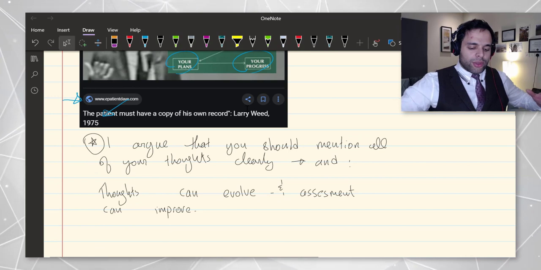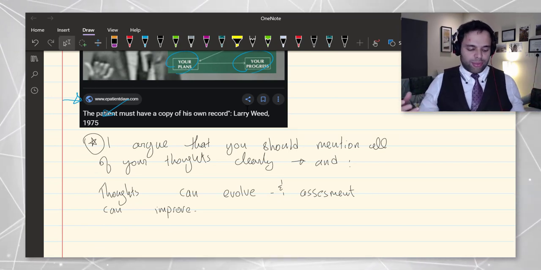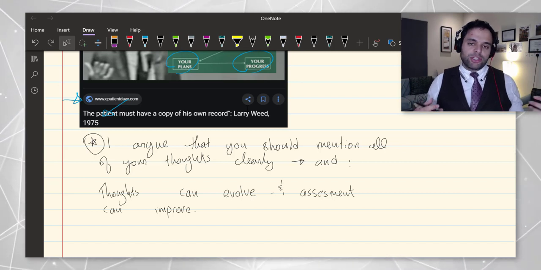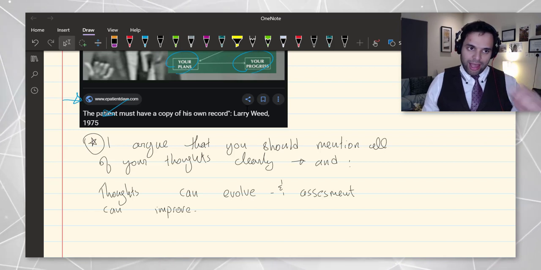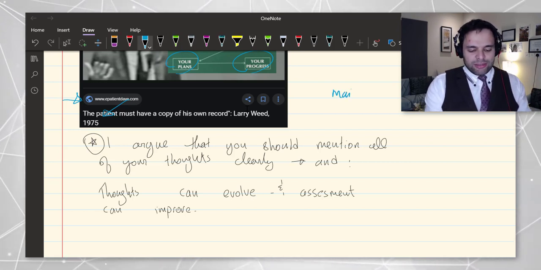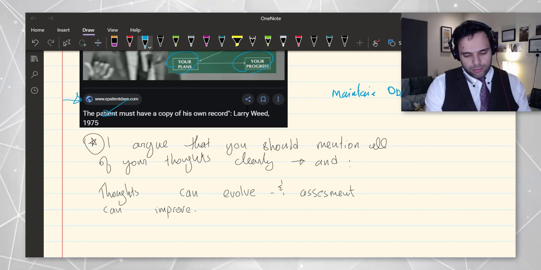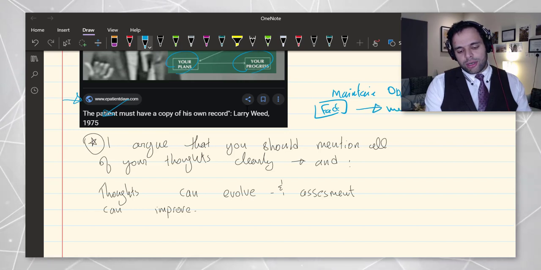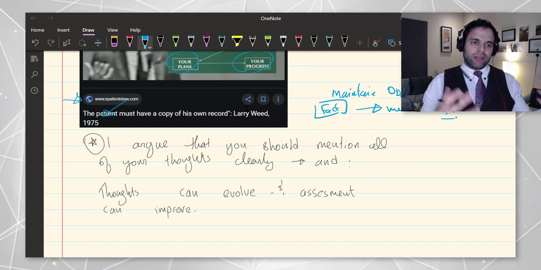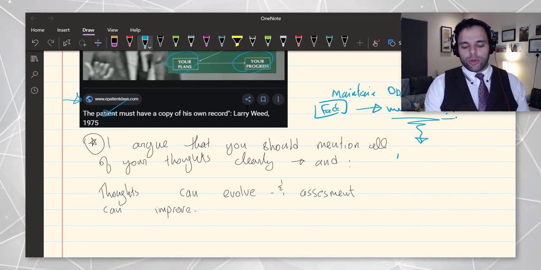So I argue that you should mention all of your thoughts clearly in a progress note. So you mention your thoughts, but you make sure that these thoughts are based on facts, i.e., to maintain objectivity, you write the fact and then mention what it makes you think of. It makes me think of possibly this and that. And then you kind of boil that down to your assessment,